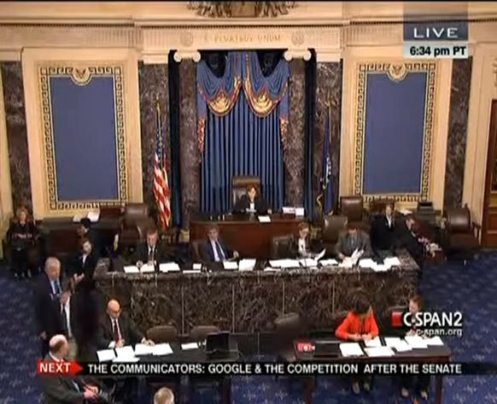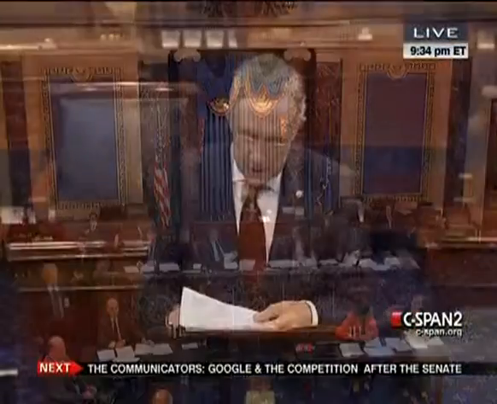Without objection, the Senate will proceed to the measure. I ask unanimous consent the substitute amendment at the desk be agreed to, the committee reported amendment as amended be agreed to, the bill as amended be read a third time and passed, and the motion to reconsider be laid on the table. Any statements relating to this matter appear at the appropriate place in the record as if given. Without objection. I ask consent the Judiciary Committee be discharged from further consideration of